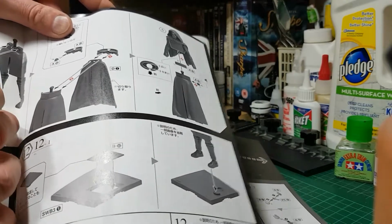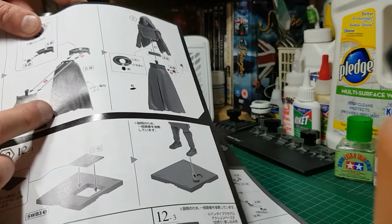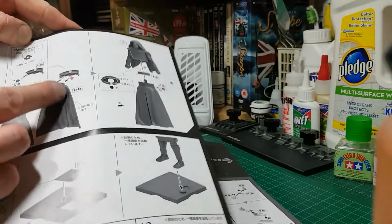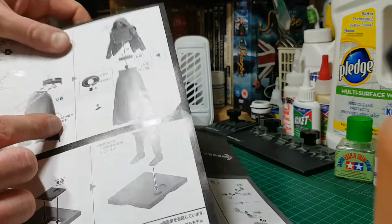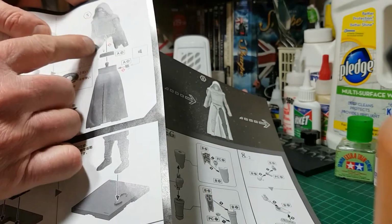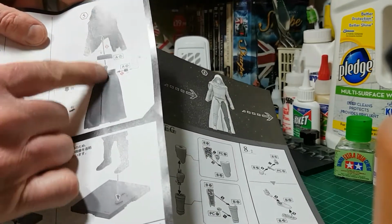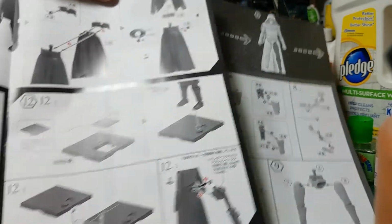Again, it's made of rubber, so you can pose him open, as it were. The belt goes on, the front part of the belt, then the rear part of the belt, and put the rear part of the cloak on. And then obviously you've got the upper torso, which goes onto the hip joint, into the lower legs. Okay, now they are